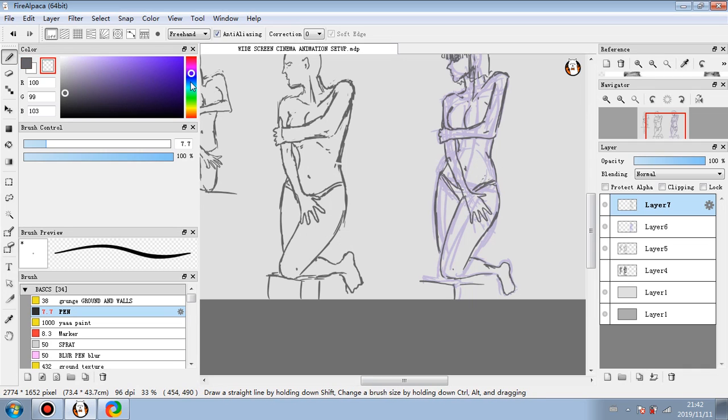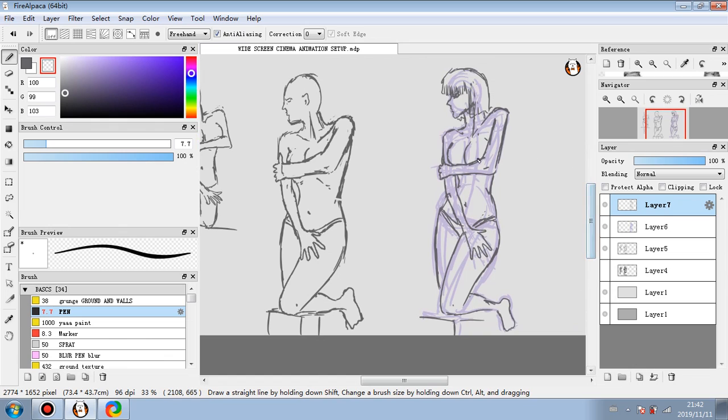Now that arm's not covering those boobs enough. You can see that this arm's thinner as well, and it's on the wrong sort of angle, so I guess I will fix it while we're here. I guess really it's just a case of making it a bit thicker as well, isn't it? Just a little bit, ever so slightly there. I would put this here. I mean, that arm's going to look thin like a chicken arm if we're not careful. Not that chickens have arms, but